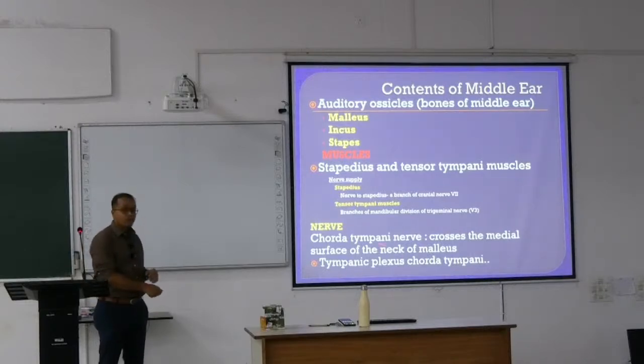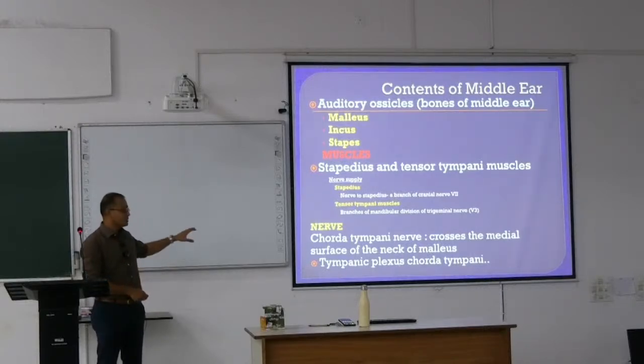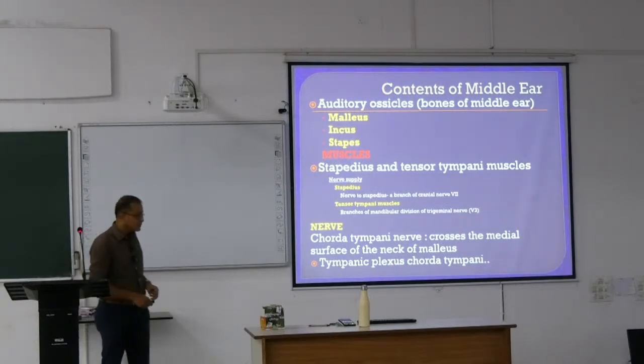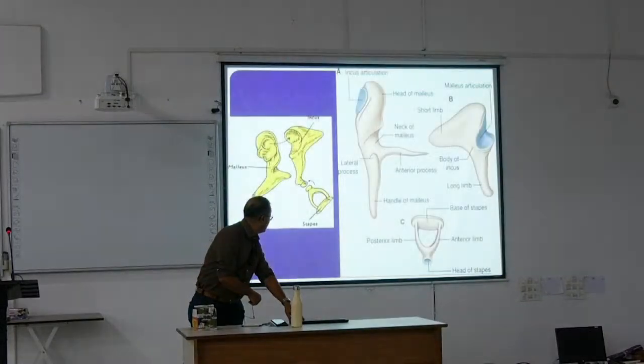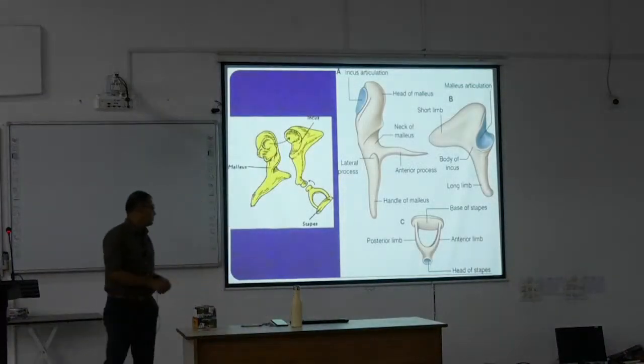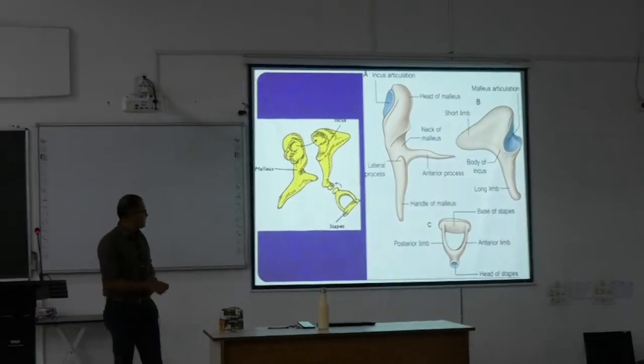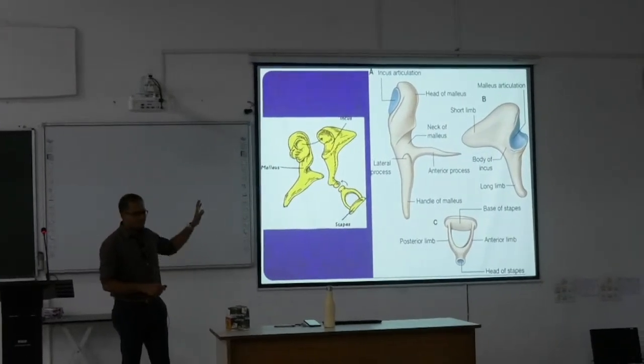And then we have to know about the tympanic plexus, which is a branch formed over the glossopharyngeal nerve, making a plexus out there. These are the two nerves, branches which are related to the content of the tympanic cavity, or middle ear cavity. So this is the nerve, these are the small